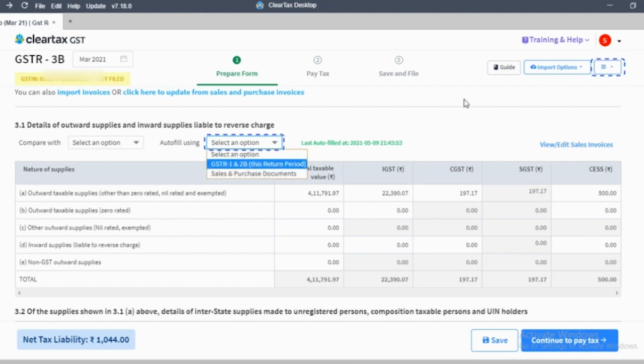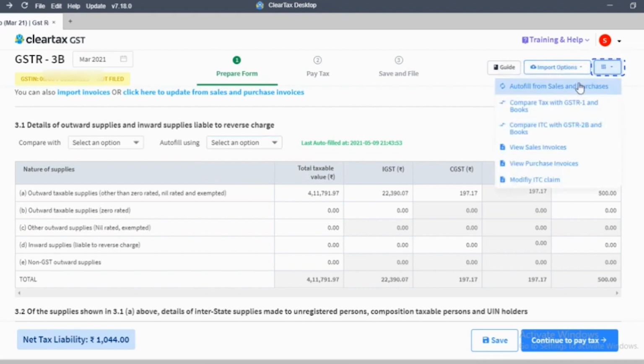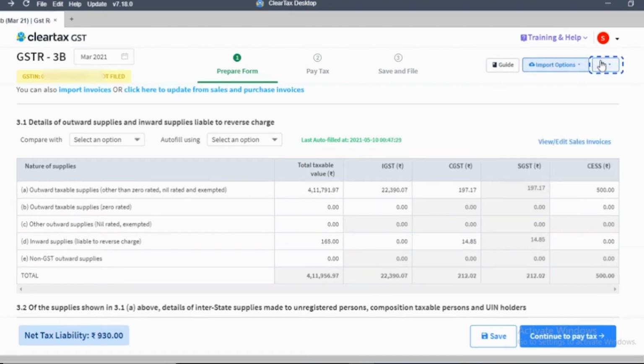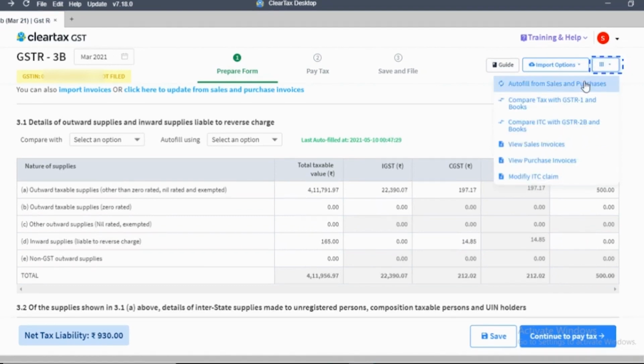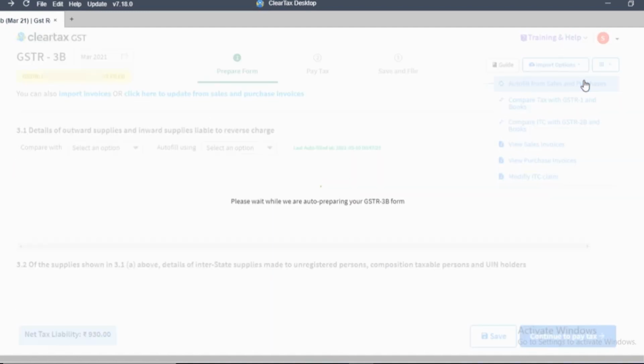The same option is available on your top right, where autofill from sales and purchases can be done here. Let's click on autofill from sales and purchases.